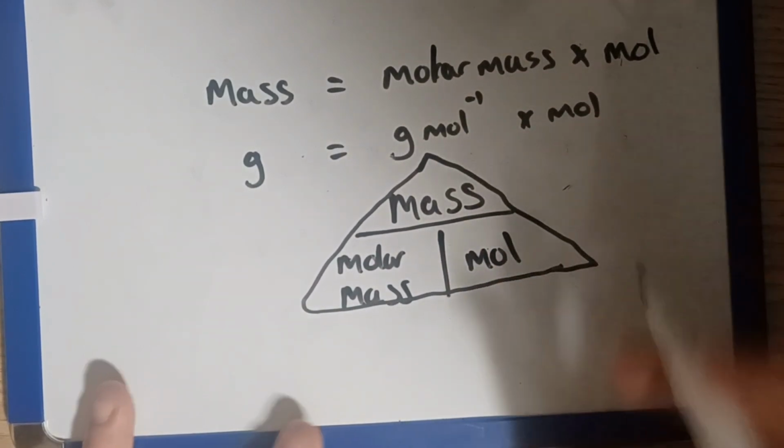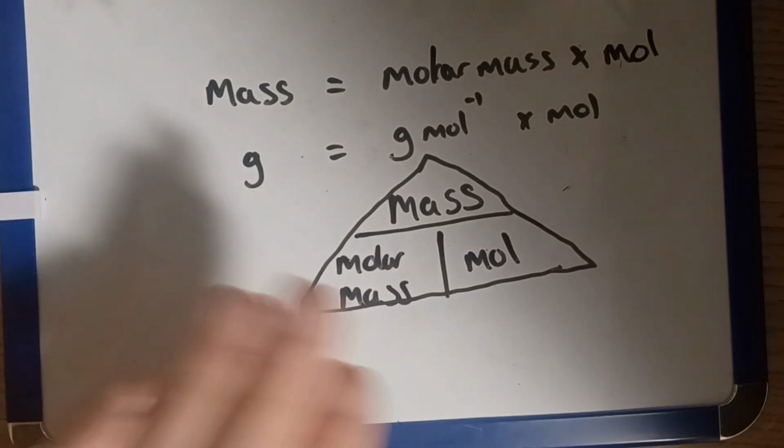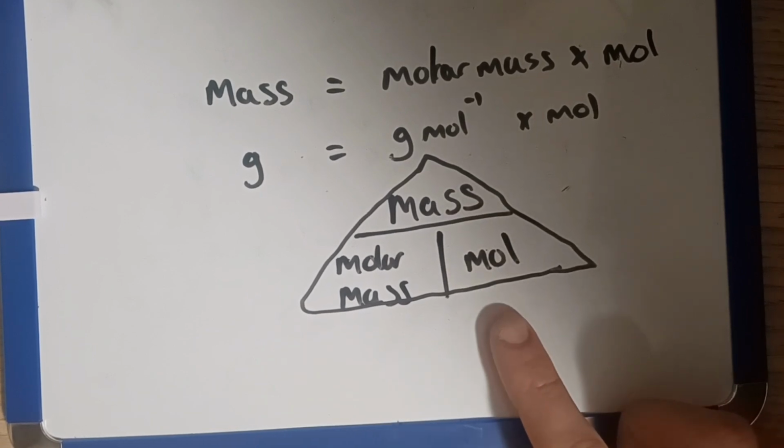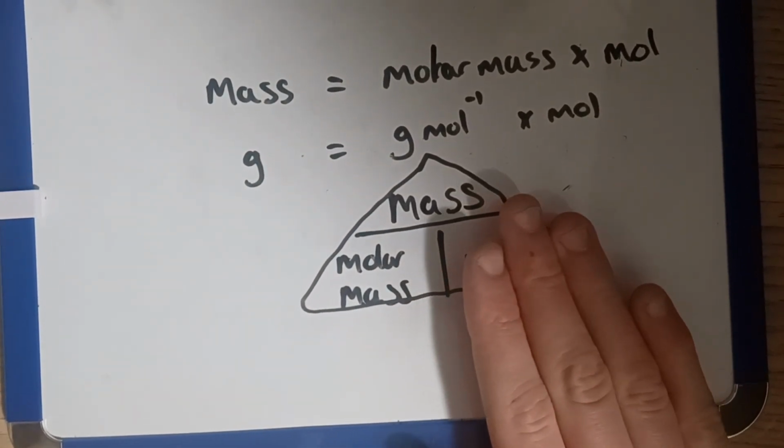Stick with me. Now how I use this triangle is the way that you might not have learnt how to rearrange equations or however. Essentially, it's a very simple method. All you do is, for instance, we are looking to find the mole. So all I would do here is, using my hand, I would cover up the mole